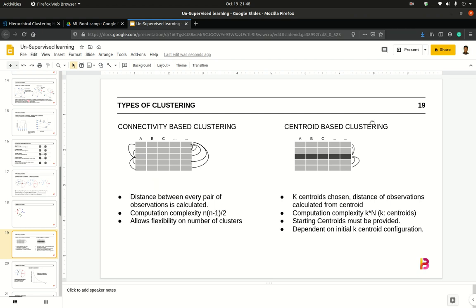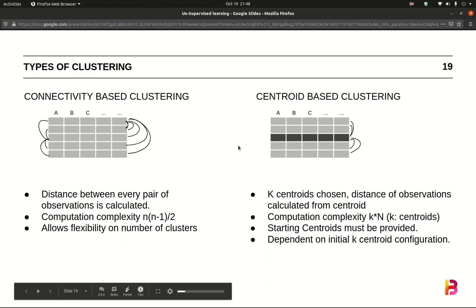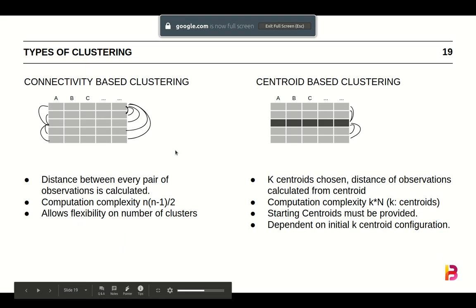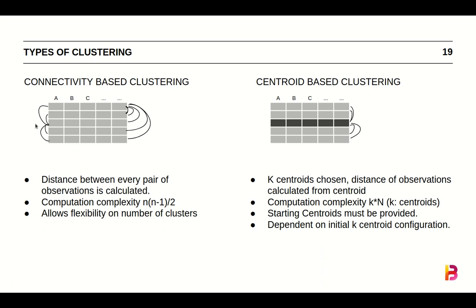Let's start by understanding what are the basic differences between these two types of clusterings. So we have seen connectivity based clustering. Every point, every pairwise distance is calculated. So you take any observation, the distance of that observation from every other observation is calculated. So this becomes a straightforward problem. The number of calculations required would be the same as choosing two numbers from a given n set of observations. This becomes a simple combination formula,